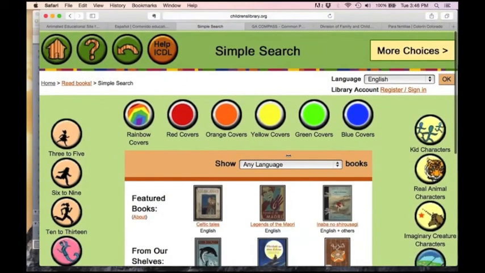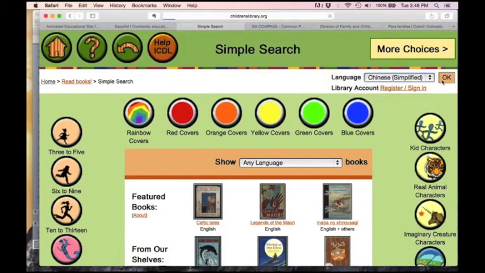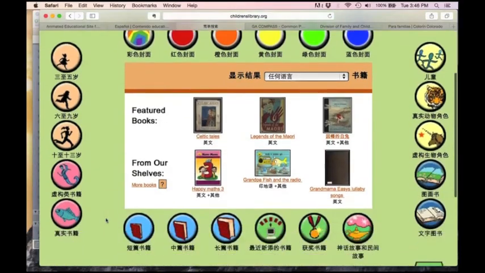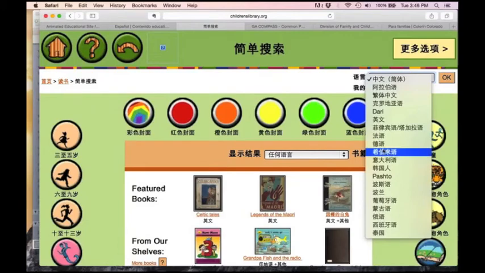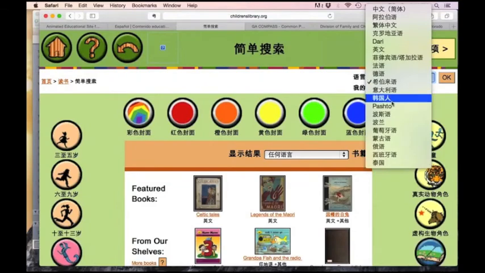So the language of the interface can be changed to all these different languages, I think. So if I do Chinese simplified, there you go. So you have your interface in a different writing system, and you can change this. I really like when websites have these drop menus, and Google has the same thing. You can change the language of the interface easily. Oh, now I don't know how to go back to Spanish. Great.